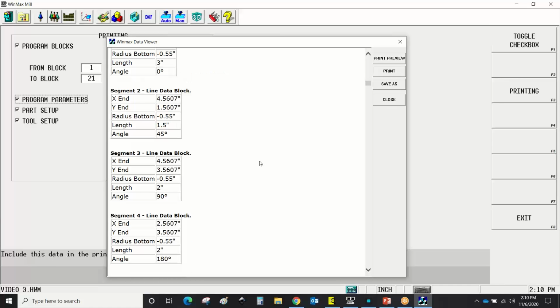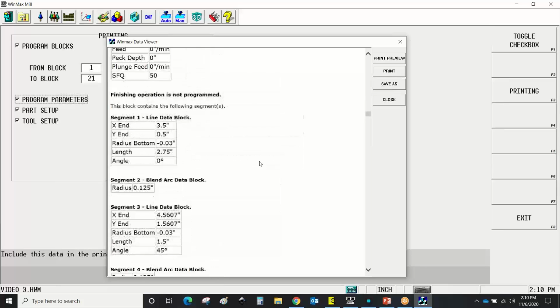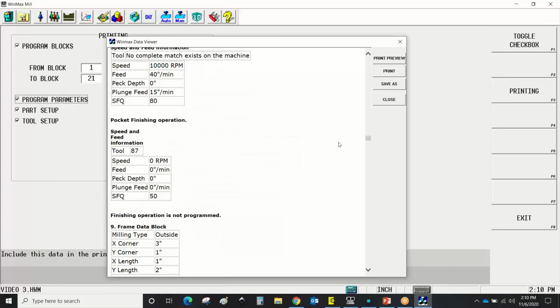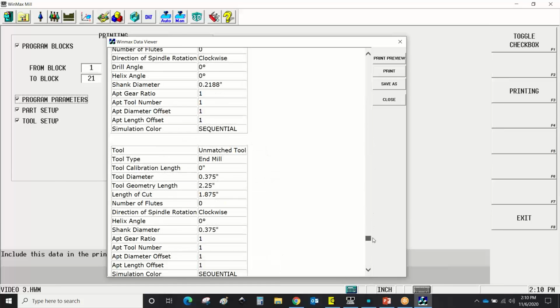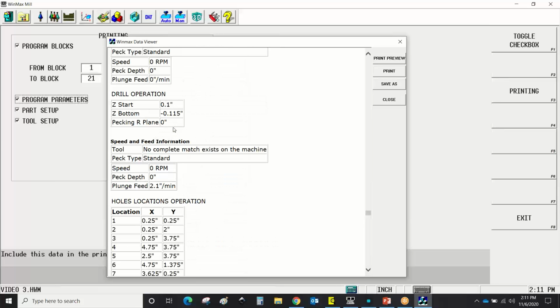So this, again, can become kind of handy if you are trying to set up a setup sheet or something for an operator for later on. And at the bottom here is the tooling information. So each tool, what it was called, and so forth, tool numbers. Then here I can either click on the print screen, which means I have to have